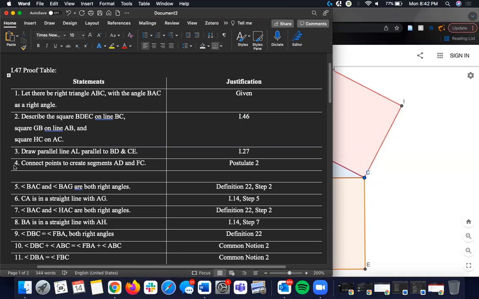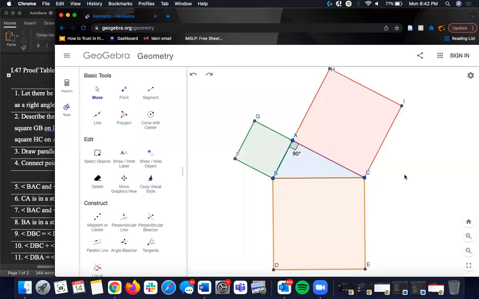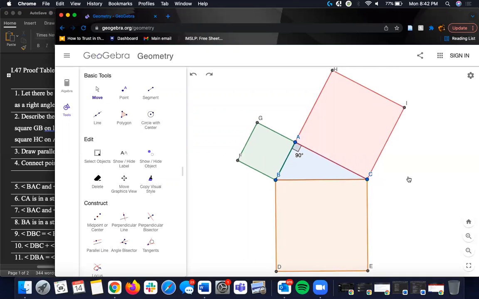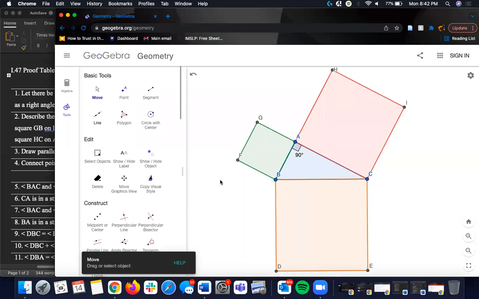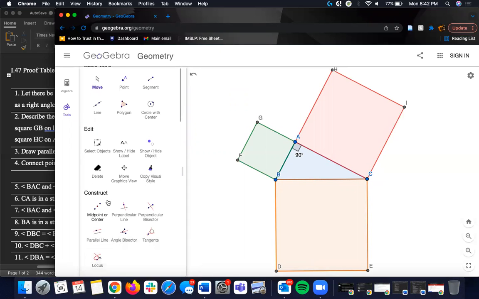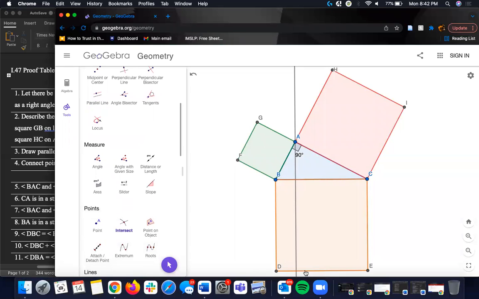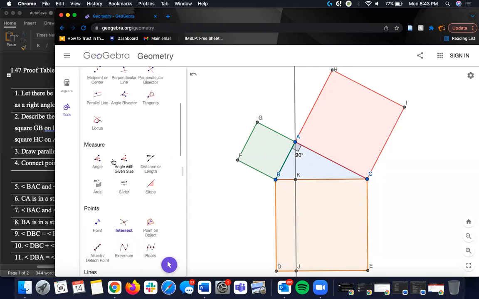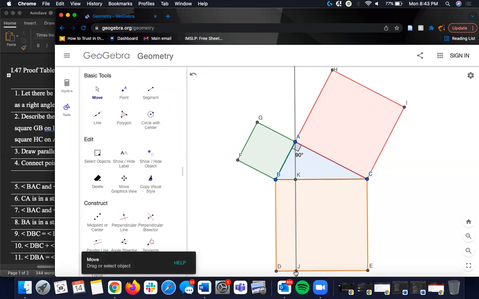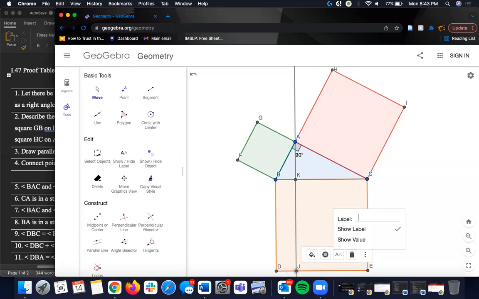We can do this for all three of the different sides, and we will hide all the circles after we're done, so we don't need to see them anymore. For the next step, we will draw a parallel line starting at point A through the square and parallel to line BD to point L to make parallelogram ABDL. We can do this based off of Proposition 27, which allows us to create parallel lines. And for the next step,